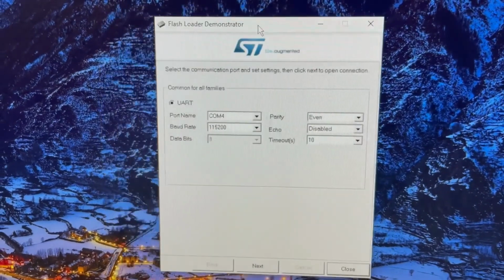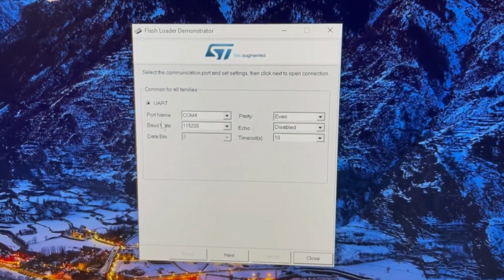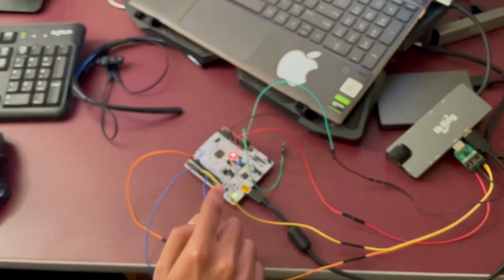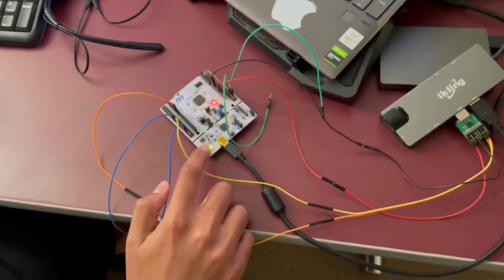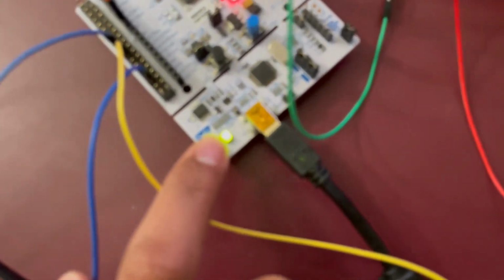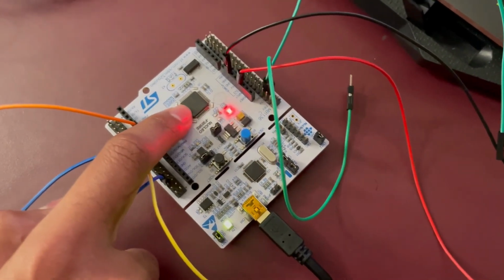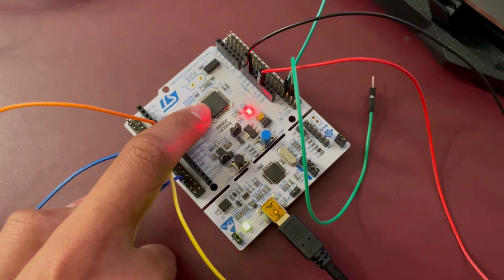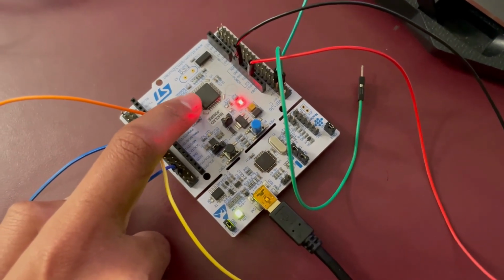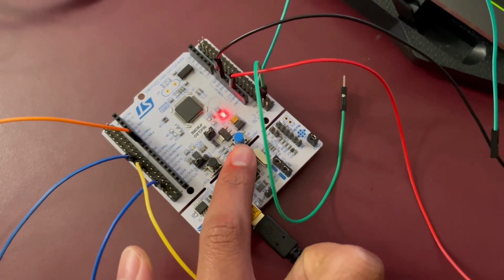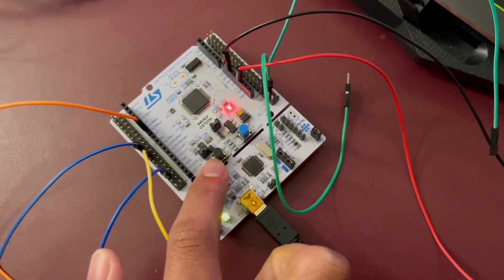This is the ST bootloader. It will be connected via UART. Generally, the flashing will be done by this, which is called an ICD. ICD stands for in-circuit debugger. This is the debug circuitry, and this will be our microcontroller. This is an ARM Cortex M4 based microcontroller. It's a Nucleo F303RE board. This blue one is the user button, and this black one is the reset button.